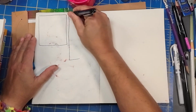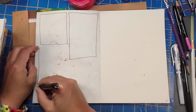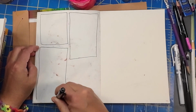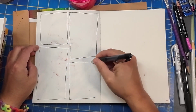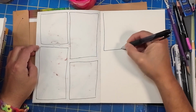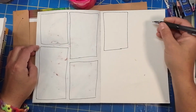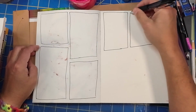So he recently posted a video where he kind of did a warm up. It was a single page comic, and he did some sort of random squares. So that's what I'm doing. I'm doing a two-page spread. Never done this before. And after I do the squares, I'm gonna go in with my